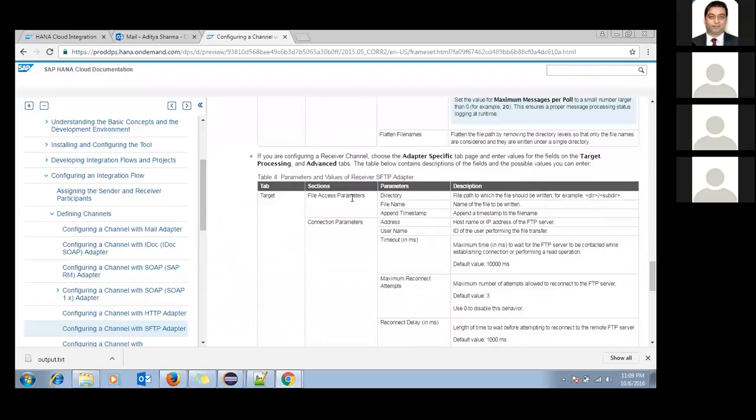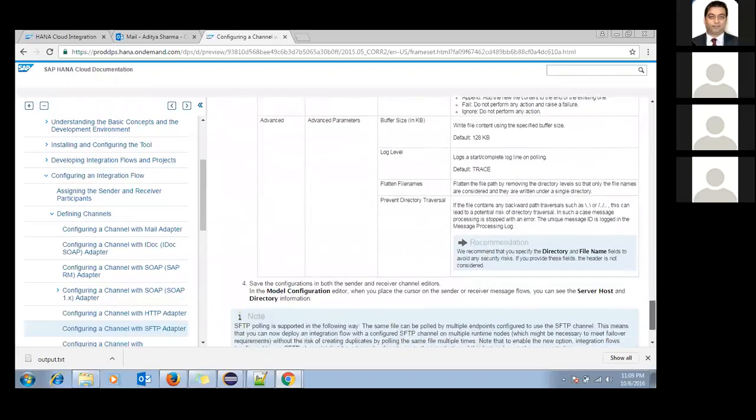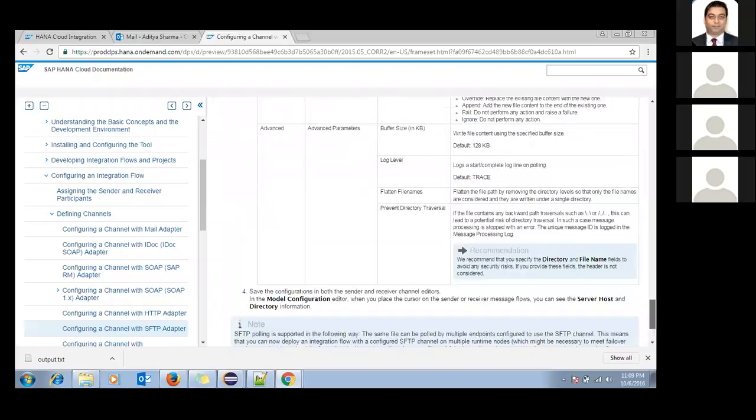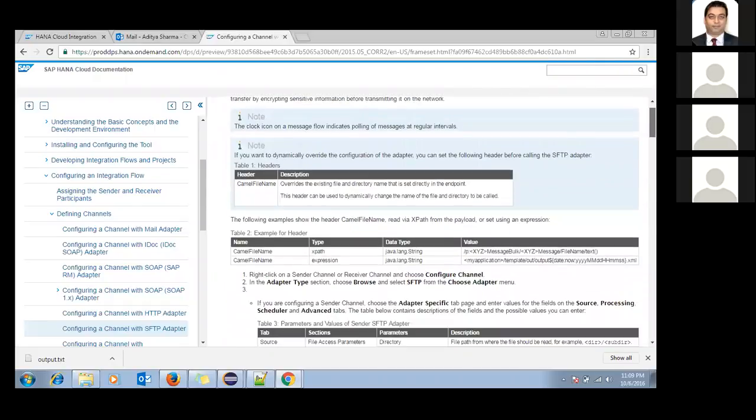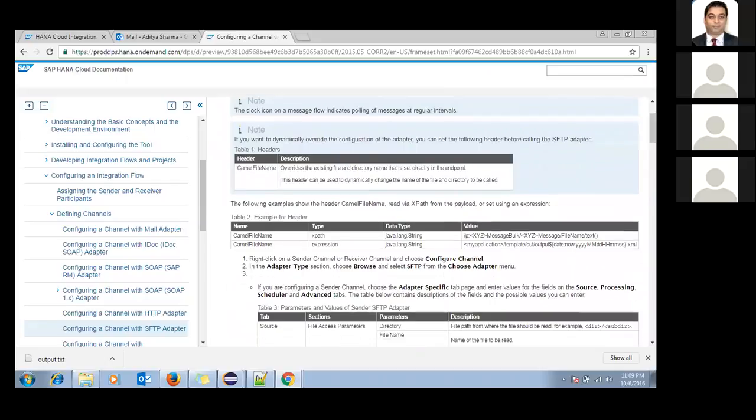This is the receiver adapter. So I think that was the correct one. You can directly go ahead and search it over here in case you have any use case like that. So it comes in the header, camel file name. Okay, I'm sorry. This is the one that